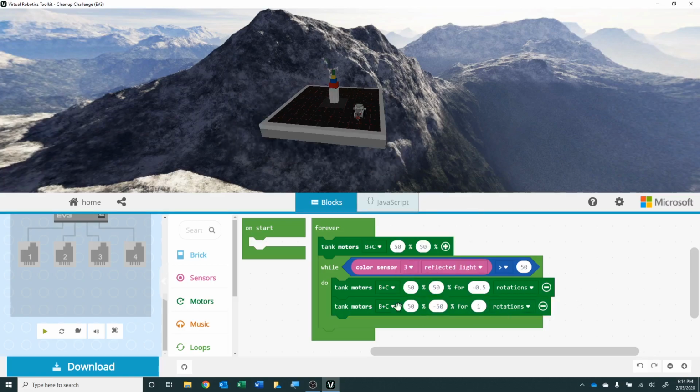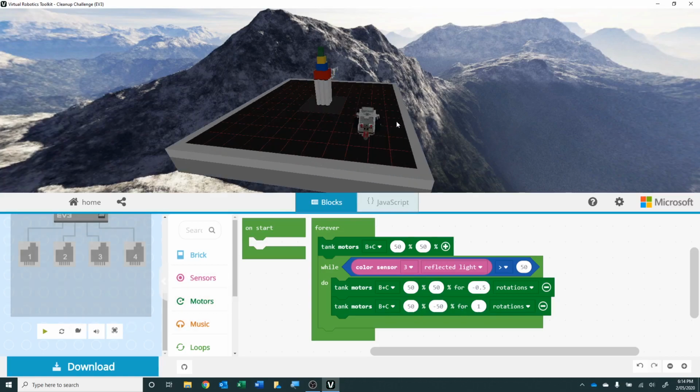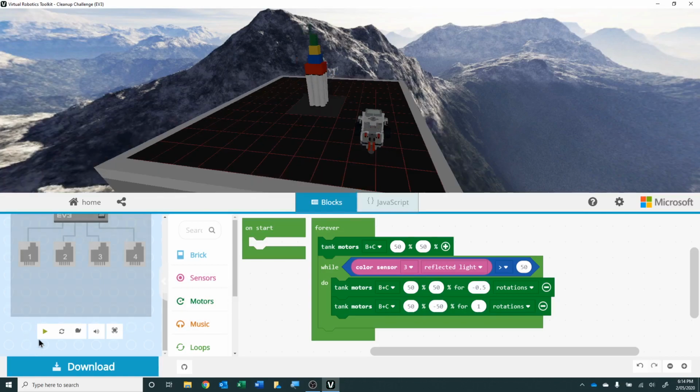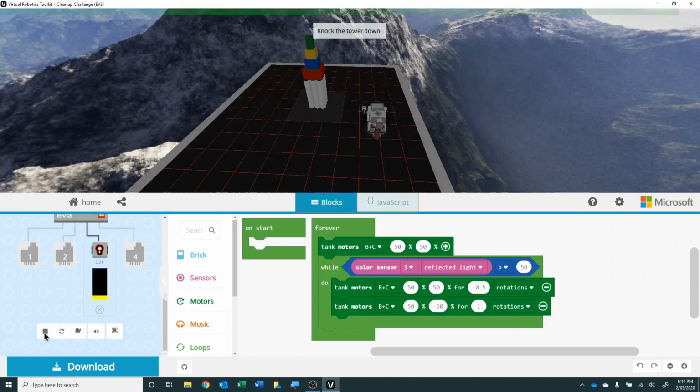Okay, so on start nothing, then forever, go forward, and then while the reflected light is greater than 50, then we go backwards a bit and spin around. Let's have a look to see what it does. Let's get a bit closer. There we go. Hit play, and